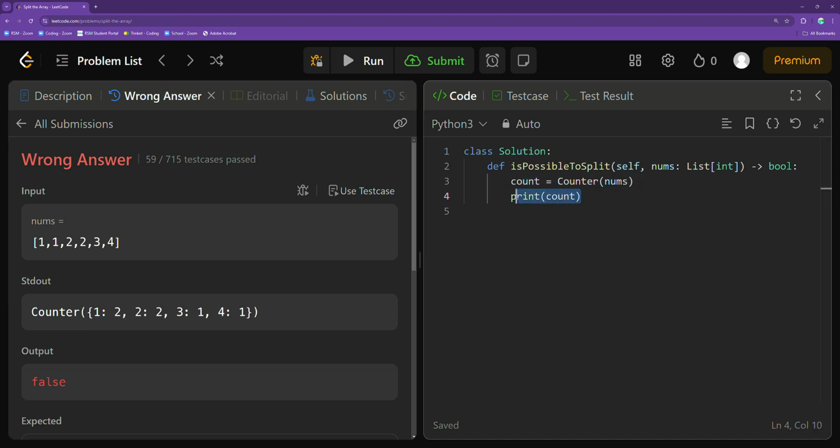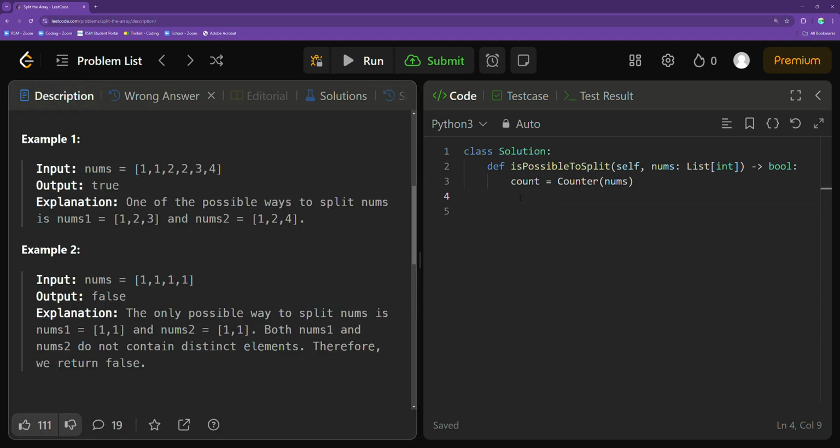Once I have my count, now I just have to loop through all the different values in my count to check whether they appear more than 2 times. So I'll say for i in the count, I have to check if count at any index i has a frequency that's greater than 2. So I'll say if count at index i in this for loop iteration is greater than 2,